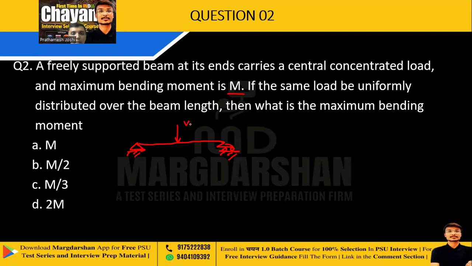So let's say this is W. The reactions will be W by 2 and W by 2. And this is L by 2 and this is L by 2. So maximum bending moment in this case will be W by 2 into L by 2, which is WL by 4. Okay. And from here, if the same load is uniformly distributed,